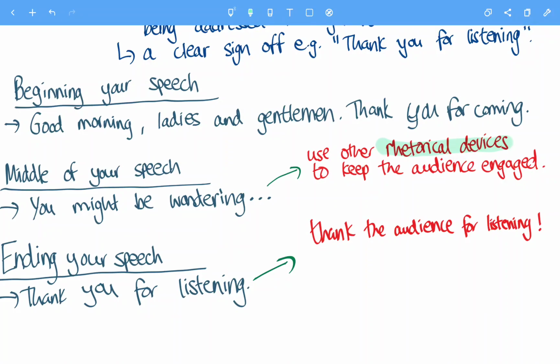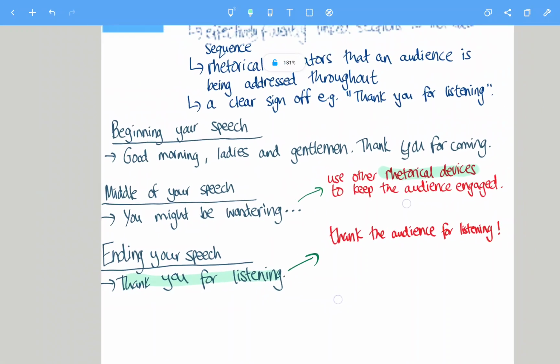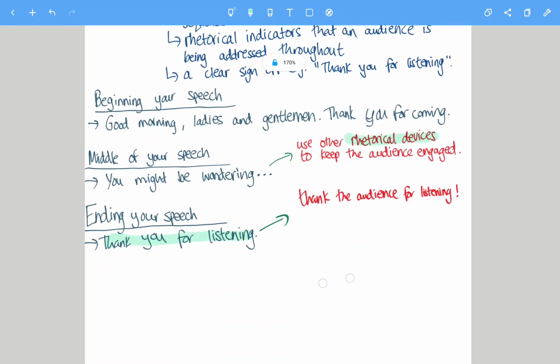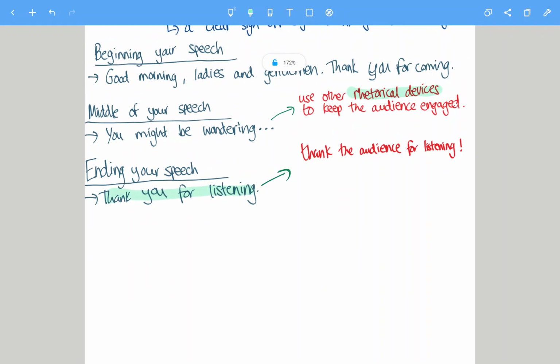And towards the end, so when you are ending your speech, you must thank the audience. So thank the audience. So you'd say, thank you for listening. And that's how you would end your speech. So this is just an overview in terms of how to structure your speech. Now, moving on,